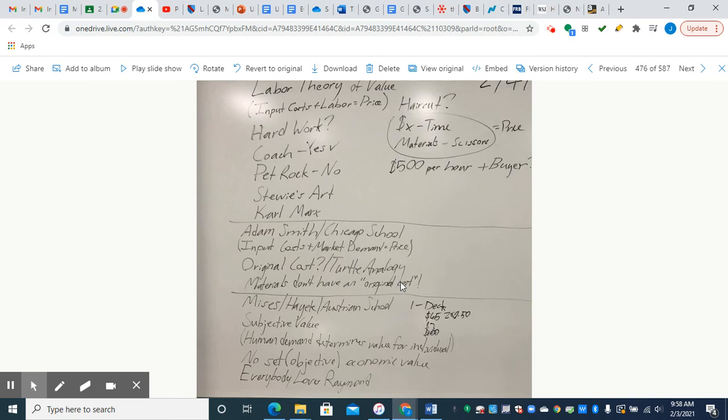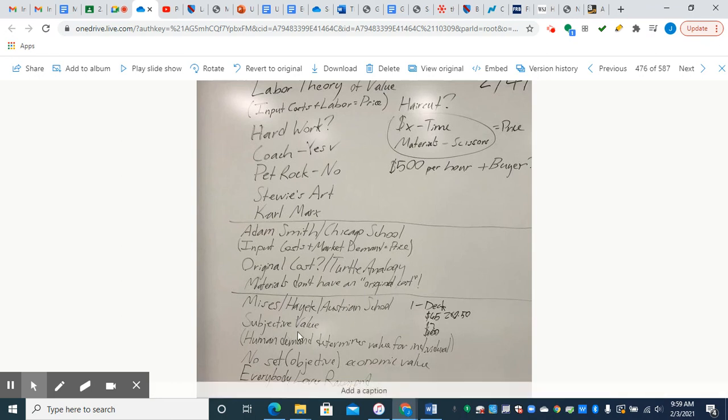But if you just find oil, there's no price tag on it. You just find it. Okay, so it doesn't have an original price. It's valuable because there's a market demand for it, and therefore the supply and the demand create an equilibrium that comes out in the price. It's a scarce resource. People either want it or they don't. And if they want it, there's a certain amount of it, and that will lead to a higher or lower price. And so this is where you get to some other economists, Mises, Hayek, the Austrian school, and